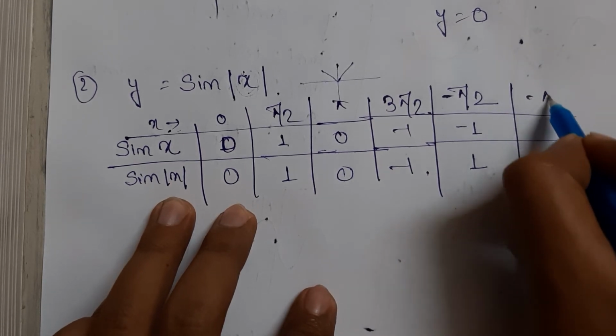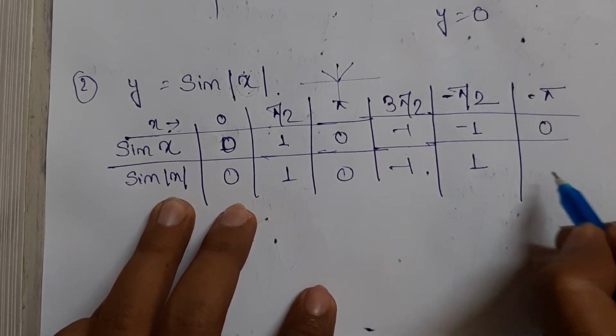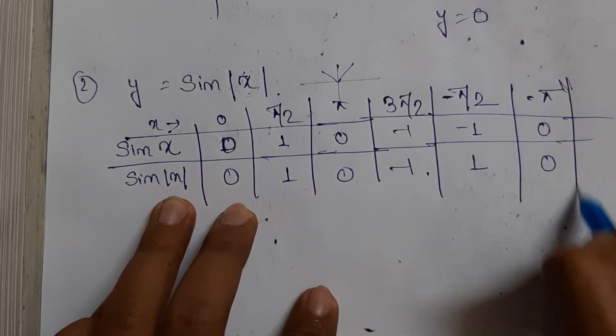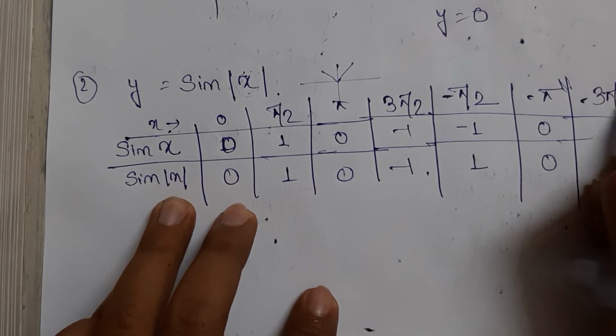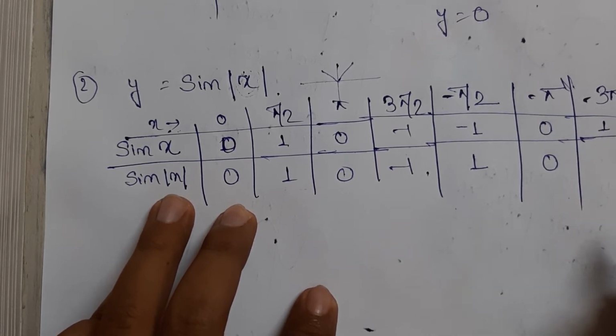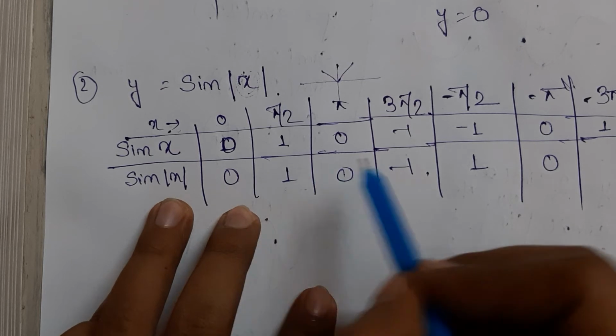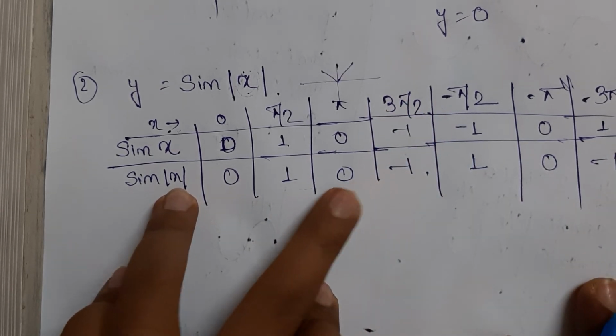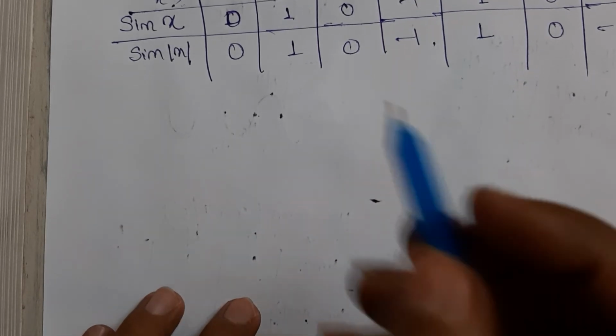Now when it is minus pi, it would give 0, here it will also give 0. When it is minus 3 pi by 2, earlier it would give 1, right? As it is 3 pi by 2, it will return this value only, it will give -1. So let us see what will be the change in the graph.